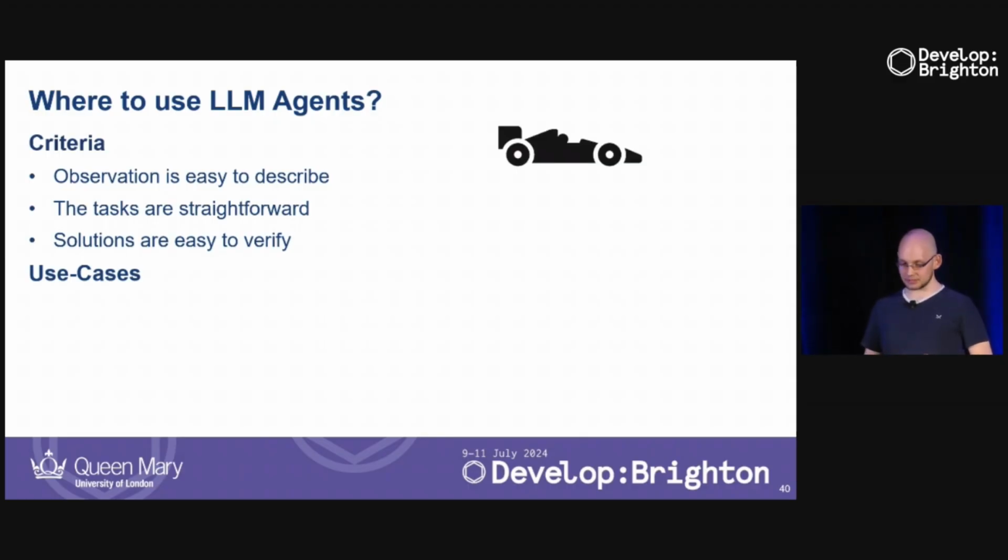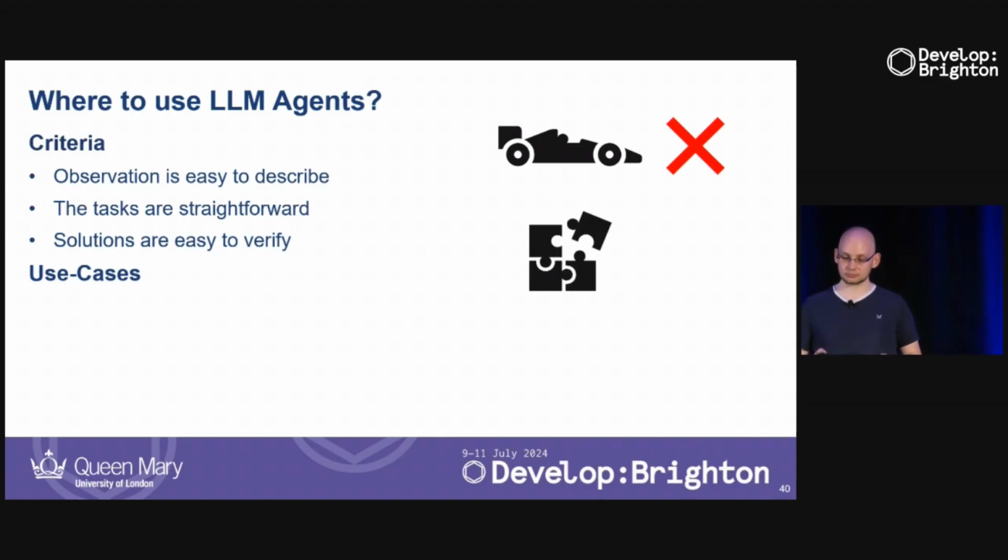Let's look at some games. So let's look at a racing game. Should we use LLMs for a racing game? Very likely this is not a good idea, because racing games require a lot of manual movement, a lot of low-level decision-making, where it's very tricky to do high-level planning on what you're going to do in the long term. So these are usually not the best places where you can use large language models.